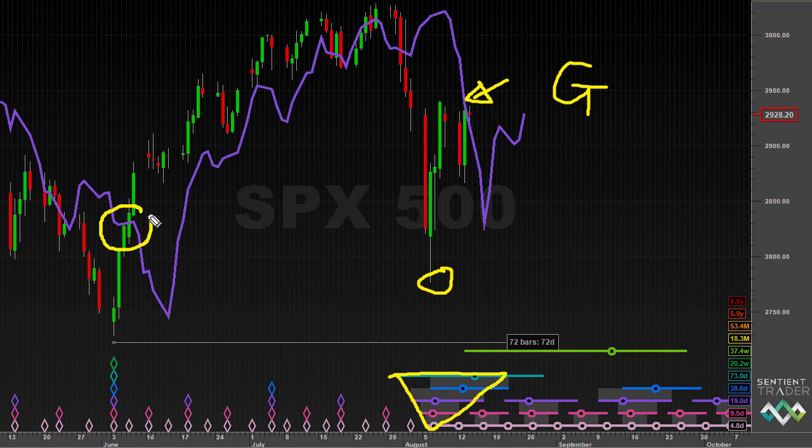Here is an example of an A category interaction to compare with the current interaction between price and the FLD. Although that is a little misleading because here price was bouncing out of a 20-week cycle trough, so it had a lot more upward pressure, and we would have expected a much stronger A category interaction than we would bouncing out of an 80-day cycle trough, which is not nearly such a strong cycle trough for price to be bouncing out of. And so the bottom line is that yesterday's price action hasn't actually changed the situation in terms of